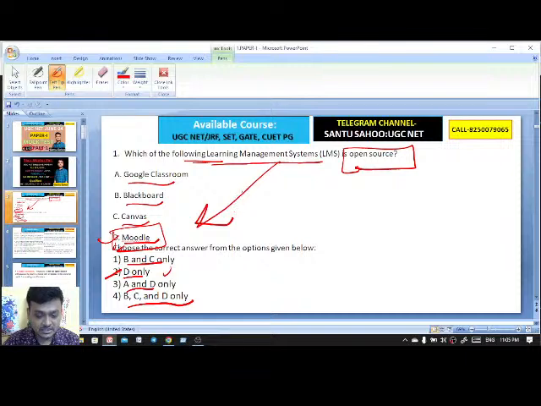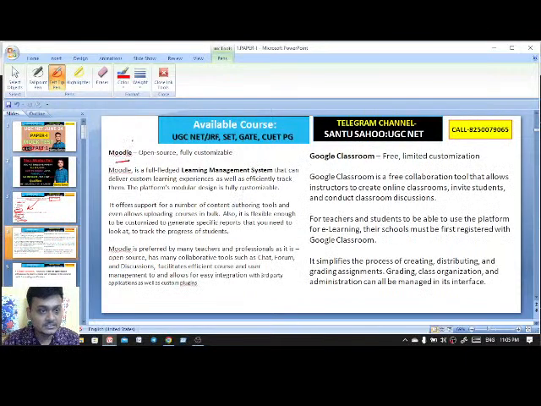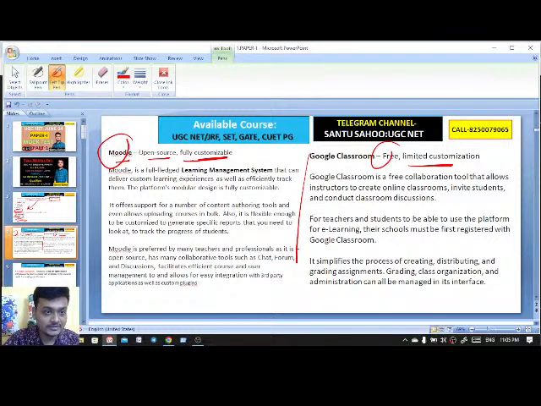Exactly, Trisha. So here D is the right answer. You see, Moodle is actually open source. It is fully customizable, whereas Google Classroom is free and it has some limited customization. Moodle is a full-fledged learning management system that can deliver custom learning experiences as well as efficiently track them.